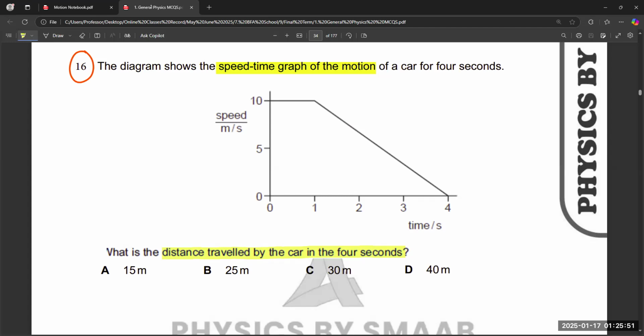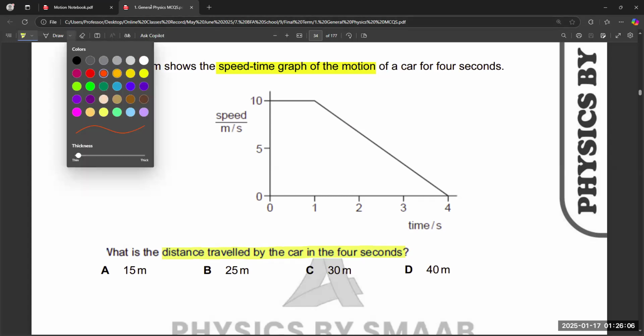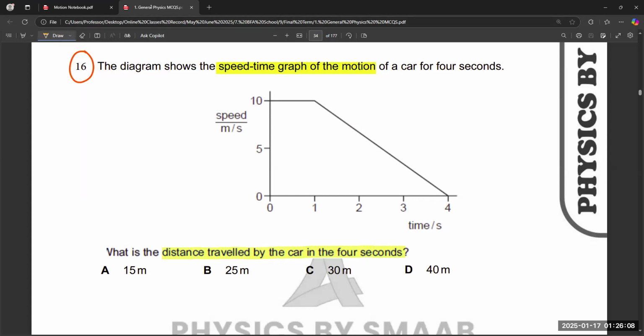Third, the answer is C, 30 meters per second. So we got two answers, 30 meters, option C. So definitely that will be the answer. And again, there are two choices. Either you can solve with the help of two shapes, by making one rectangle and one triangle, or the other option is